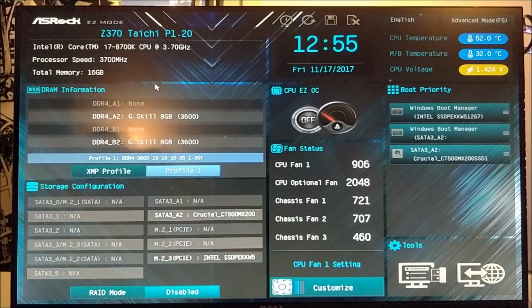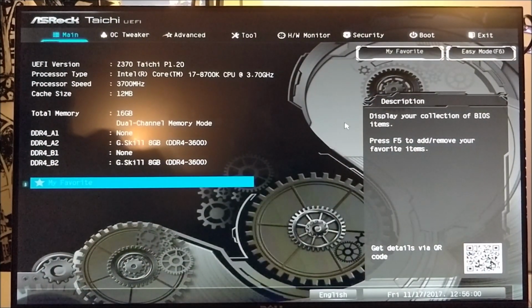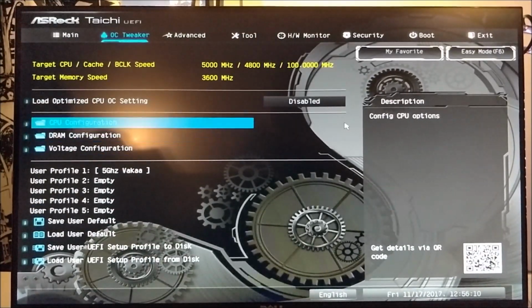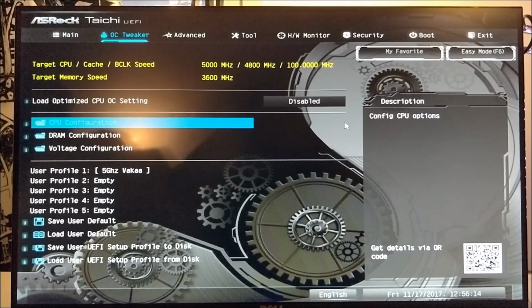This is the simple mode. I don't really use any of these simple mechanics here. I've never tried what the CPU easy overclocking does. I assume that it does something catastrophic with your voltages, so it's always preferable to go into advanced mode. And there we are now, and this is like a folder structure. So these are like tabs, and then you have folders that you go through. So of course I'm going into the OC Tweaker menu,